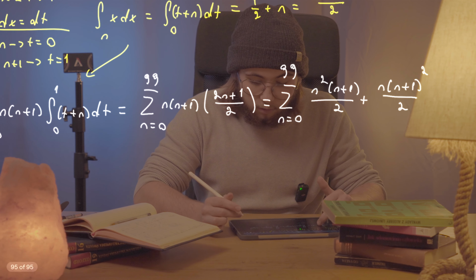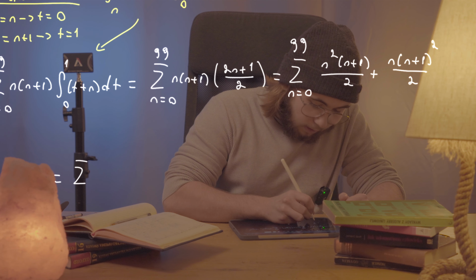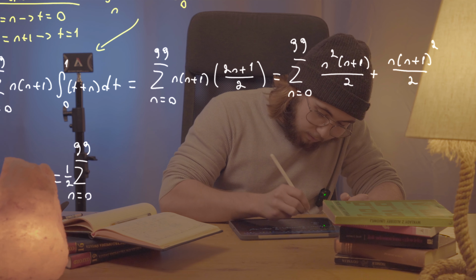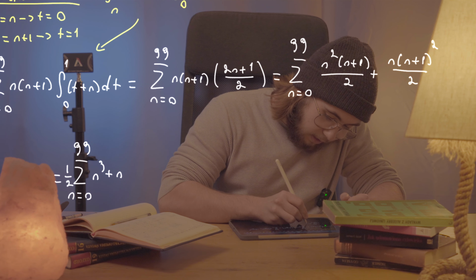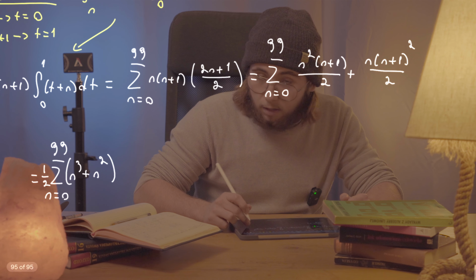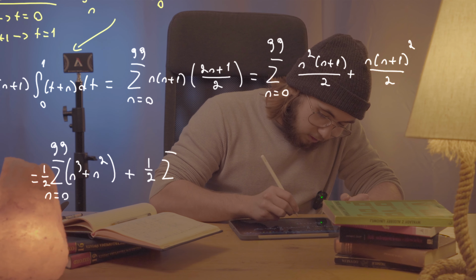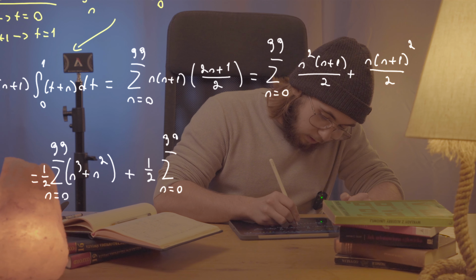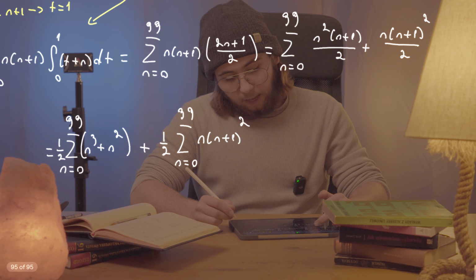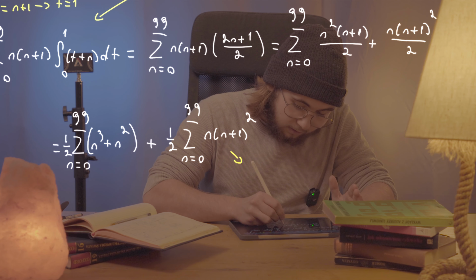So what are we going to get after something like this? We're going to get the sum from n equal to 0 to 99, or maybe a half of that sum, of n cubed plus n squared. This is exactly what we are getting from this sum right here. And now the second one, because the second one is going to be more interesting. That's going to be a half of that sum from n equal to 0 to 99 of n multiplied by n plus 1 squared. However, I would like to change it in such a way that I could get here